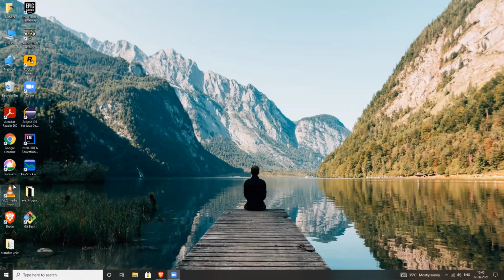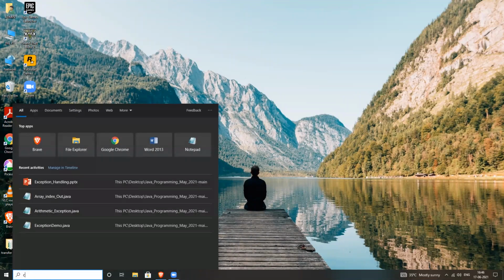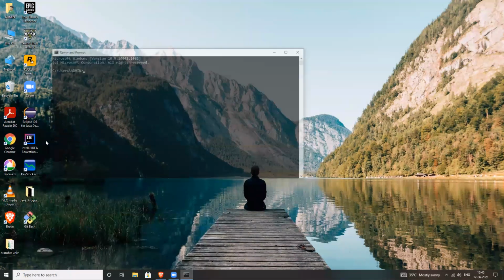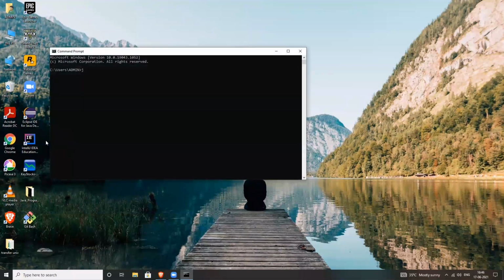So now, where should I open? Open the command prompt. Go to the C drive. Open My Computer, C drive. See the path.